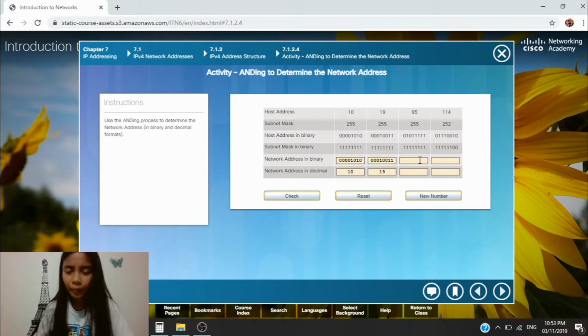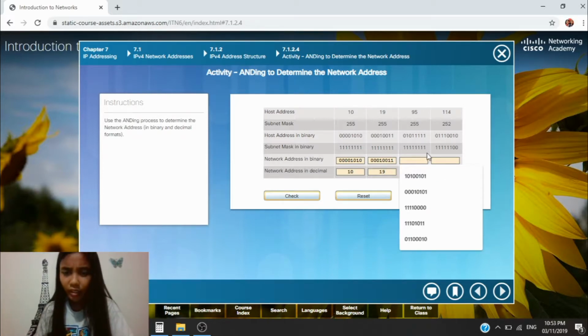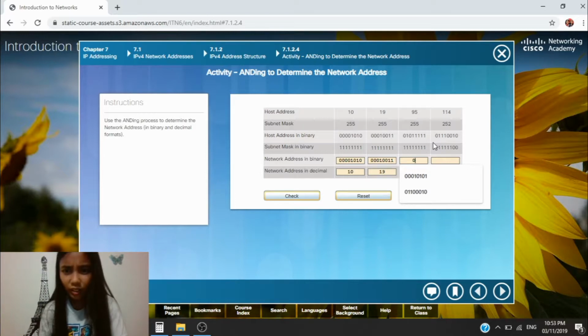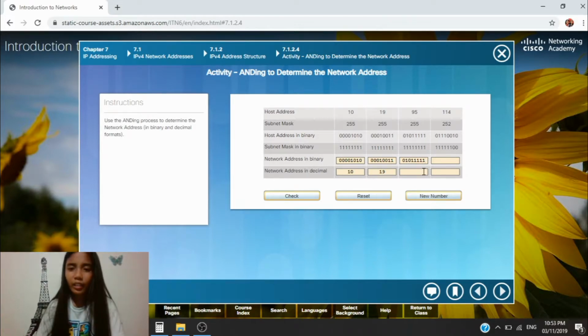So here, just what I've said, if the subnet mask has 111111, we will just copy the host address here in binary. So 01011111, and